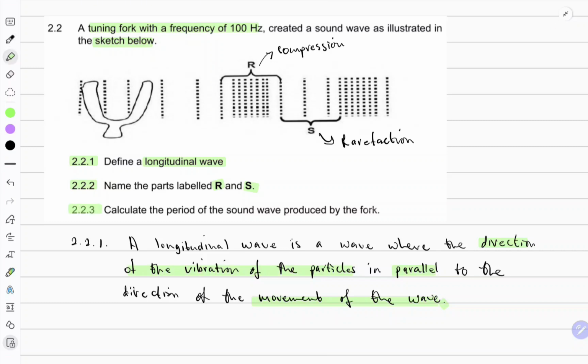So the next question says, calculate the period of the sound wave produced by the fork. We've been given the frequency, and using the frequency we are able to find the period. Remember, all the formulae that apply to the transverse wave also apply to the longitudinal wave. So we can find the period. The period is equal to 1 over the frequency, which is equal to 1 over 100, which is equal to